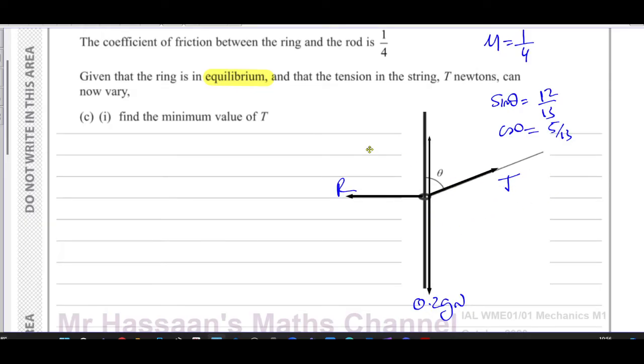Okay, so you can say T minimum, the minimum value of T, I'll call it T minimum, is just enough to prevent the ring from sliding down